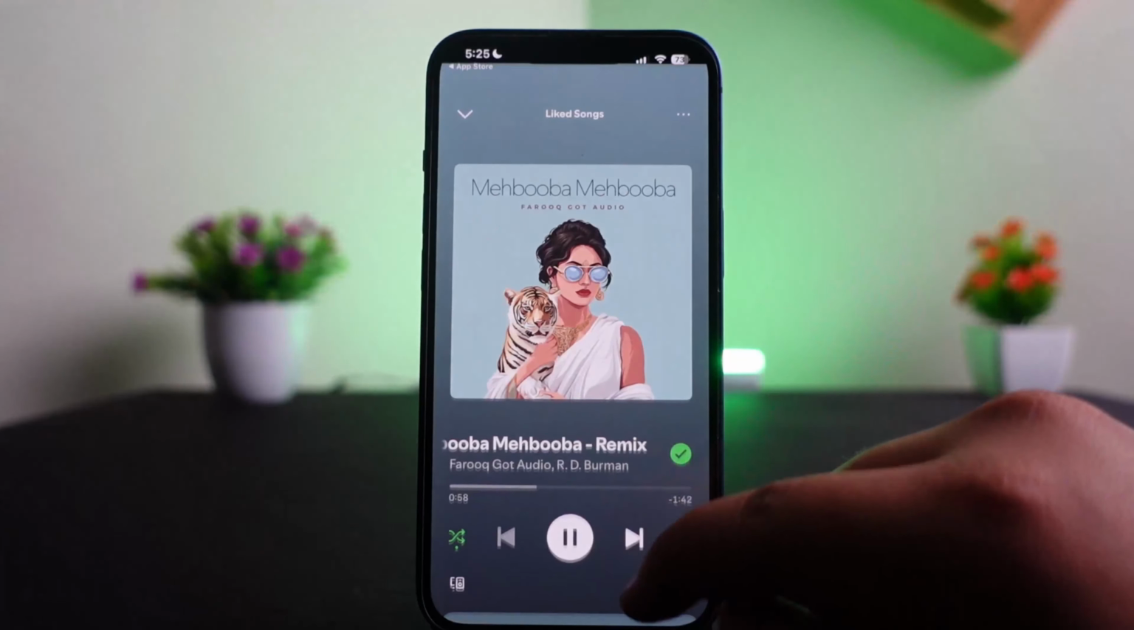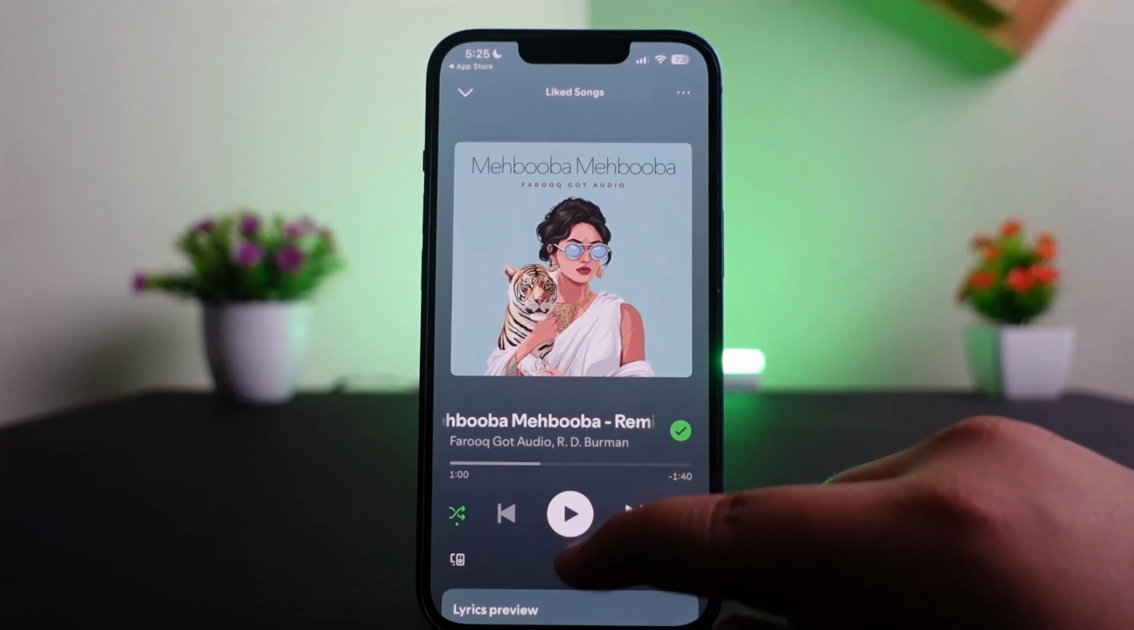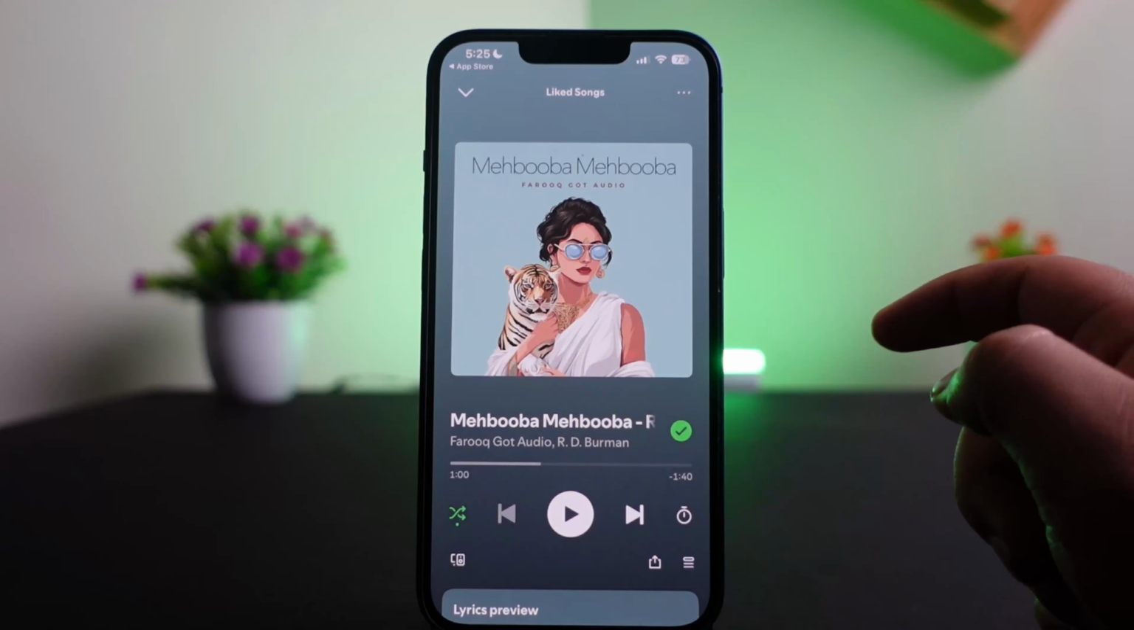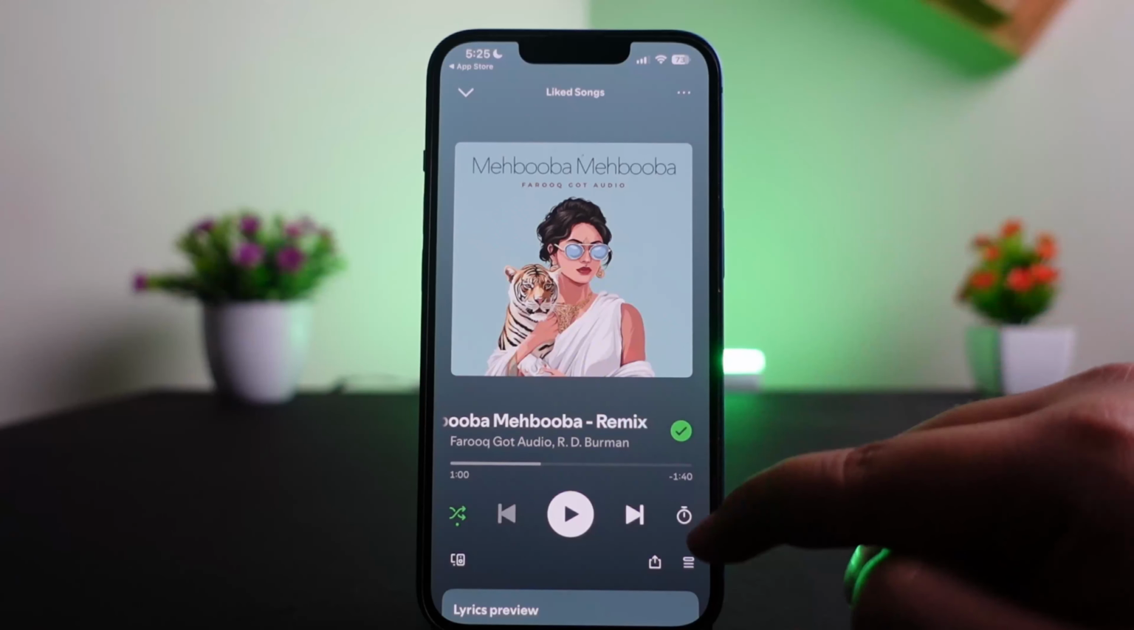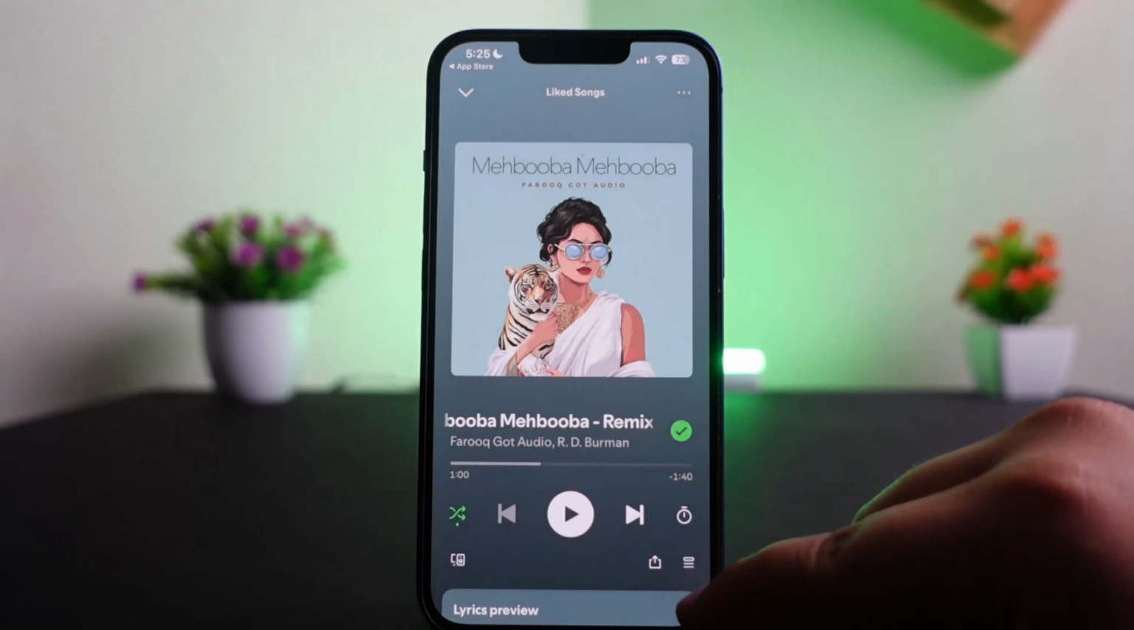this. So you want to open up the playlist, the song you are playing, open up its particular profile, the song profile page. Once you have played it, then here tap on this particular icon here down below at the